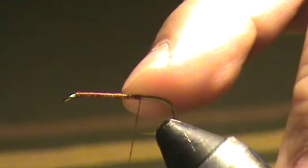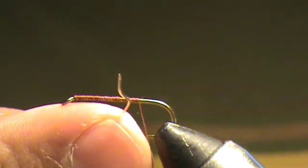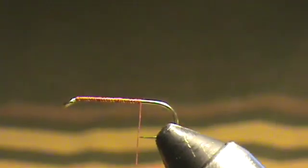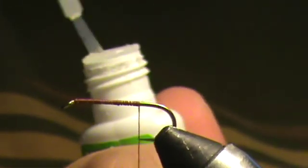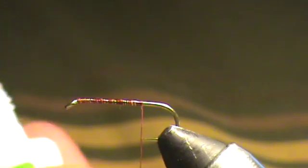And the reason I lay the base here is so that this wire doesn't spin on metal to metal. The base really holds it from turning a lot better. You can even do a little dab of super glue if you want. I've got a little thing of Zap-A-Gap here and a brush. Most of the time you can get away without it because you'll see how many wraps I actually end up putting on this thing,